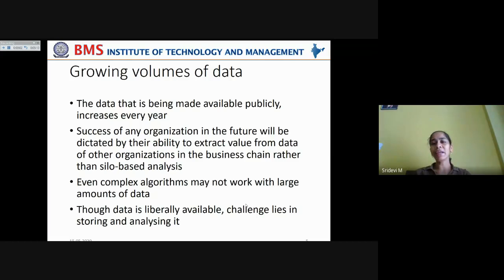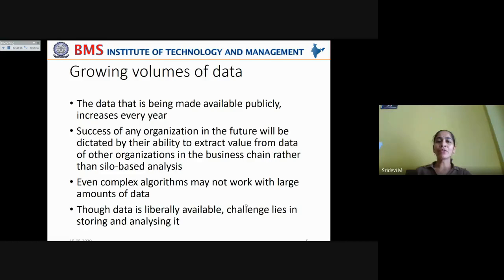The data is being made available publicly, and it is increasing year by year. Most of the data is made publicly available on the Kaggle platform, the UCI Machine Learning Repository, the University of California repository, the Stanford Large repository, and many other such publicly available data sets. They are available to data scientists in order to analyze and start playing with these data analysis techniques to gain some expertise, so that they can really work on real-time data sets and come up with good performing models for unforeseen